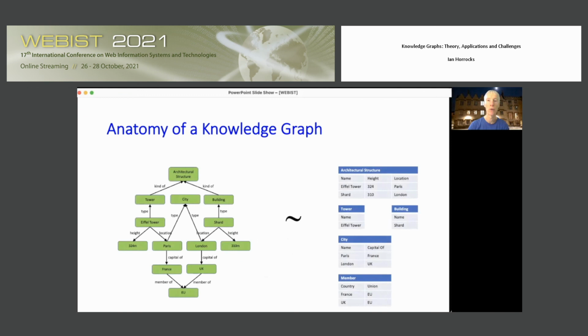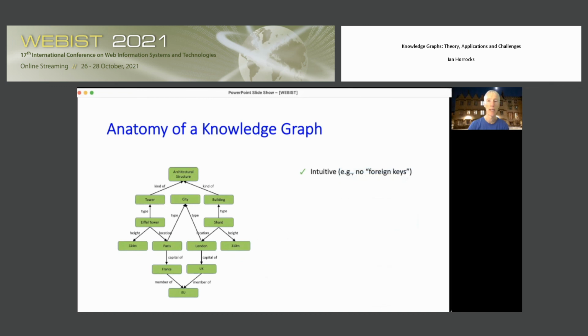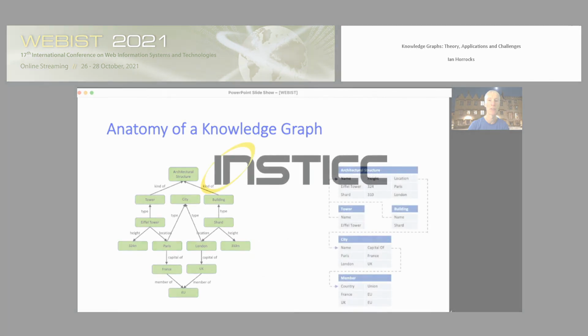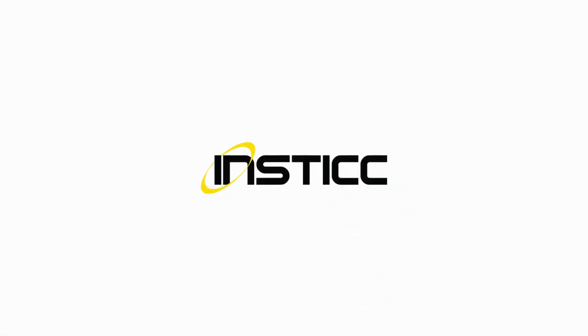However, the graph form has significant advantages. In the first place, the graph is more intuitive. The knowledge isn't split across multiple tables, and we don't need to understand hidden details of the database schema, such as foreign keys, in order to understand the structure of the data and to navigate